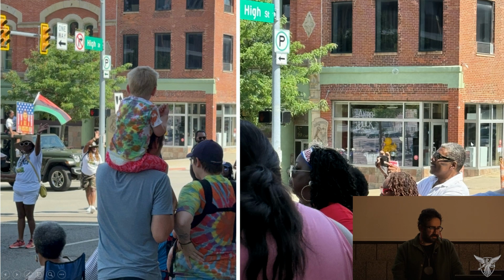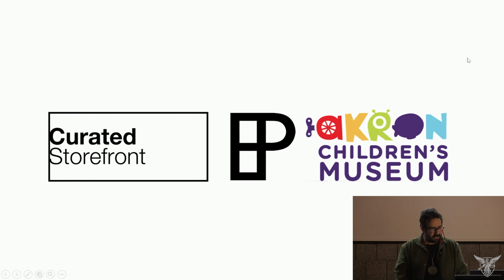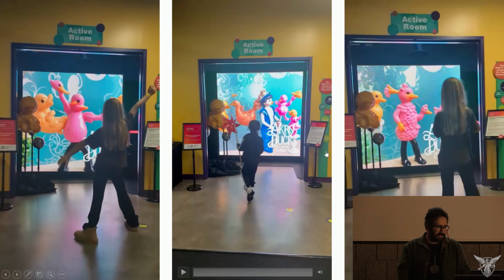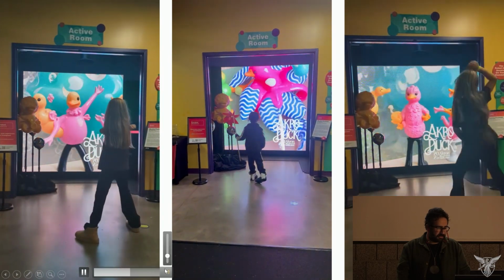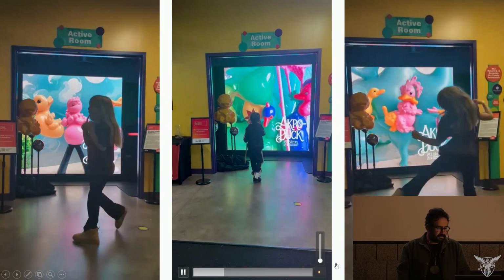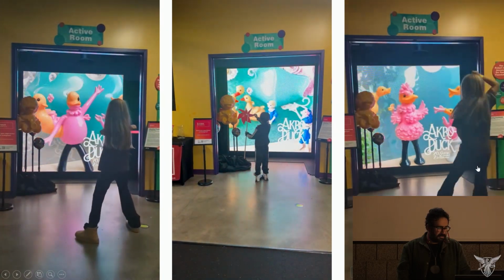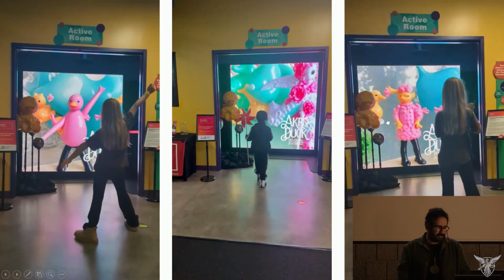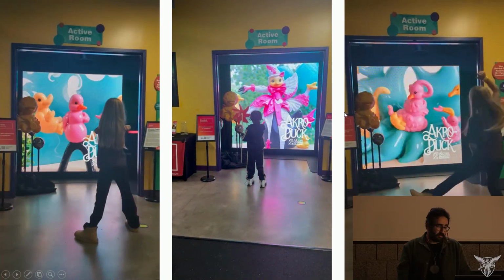And yeah, this is during the parade. And the last stop for this so far was the one that they're sponsored, so they make it relevant to their business, the Akron Children's Museum. So it's basically part of the Akron Children's Museum, or was for a while.